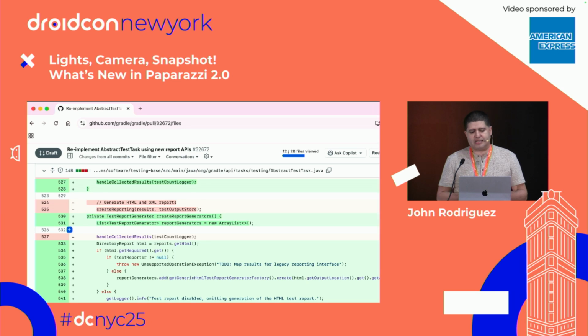But not surprisingly, soon after this landed, Gradle submitted a PR to eliminate that internal hook. This is why you shouldn't use internal APIs, I know. But there was really no other way. Like if you've tried to do your own JUnit test reporting, it's not very